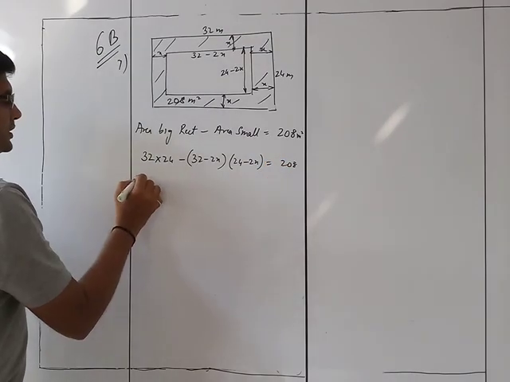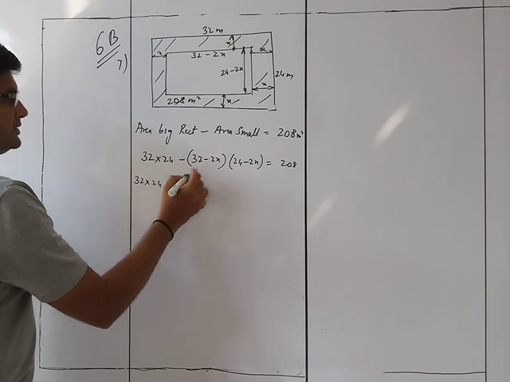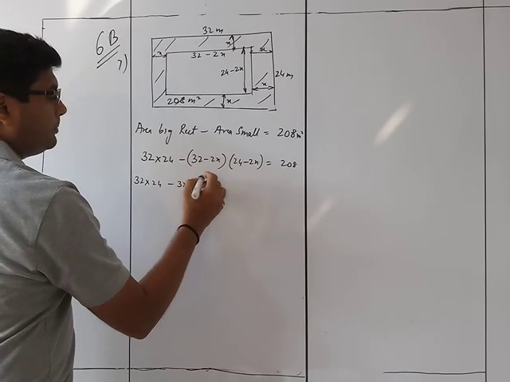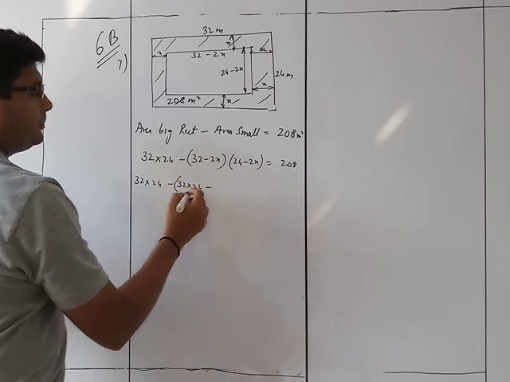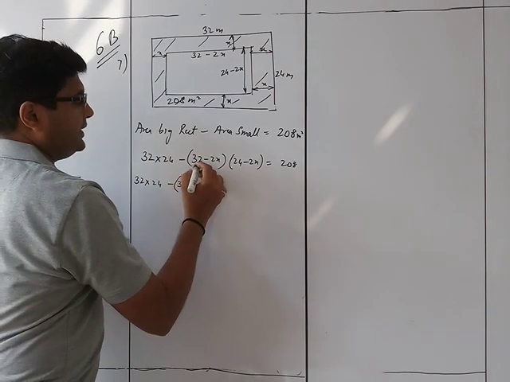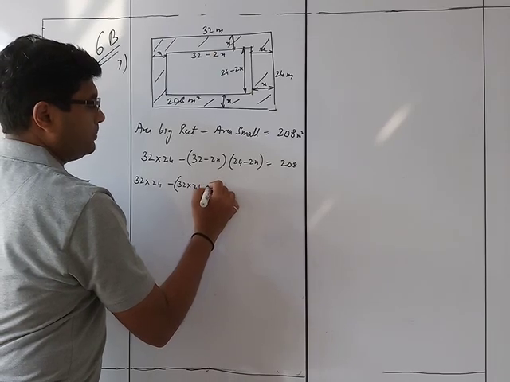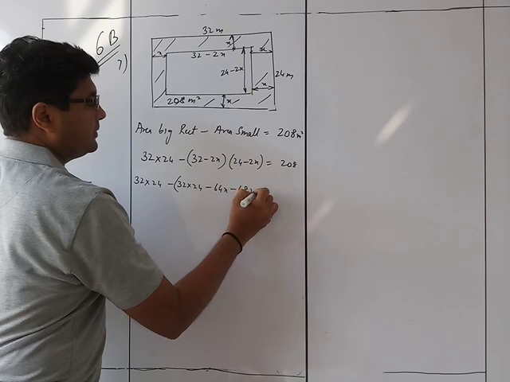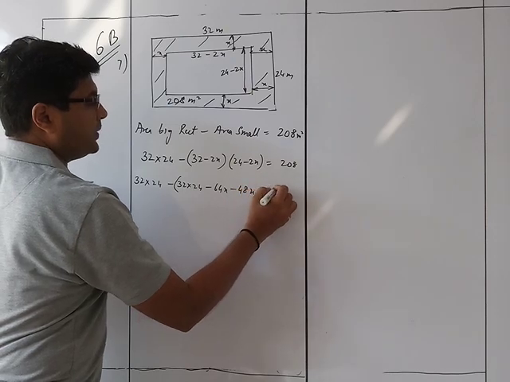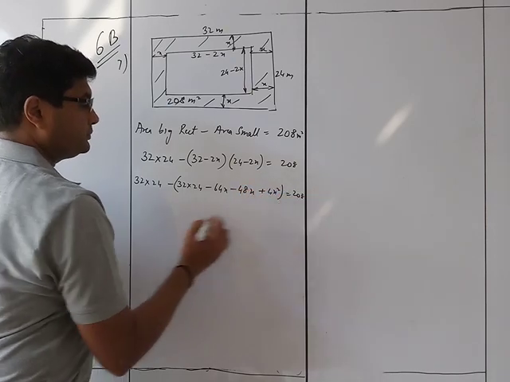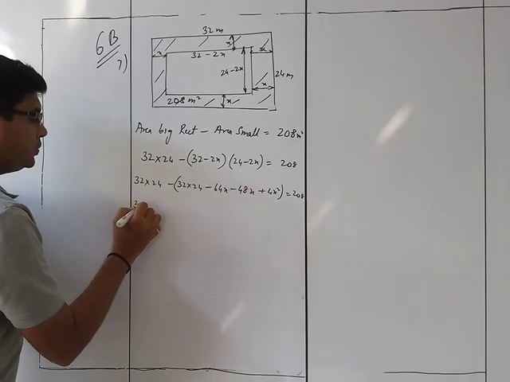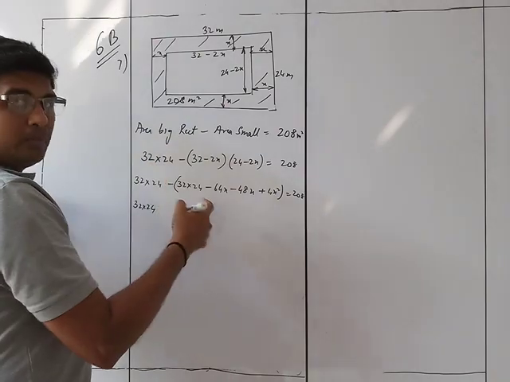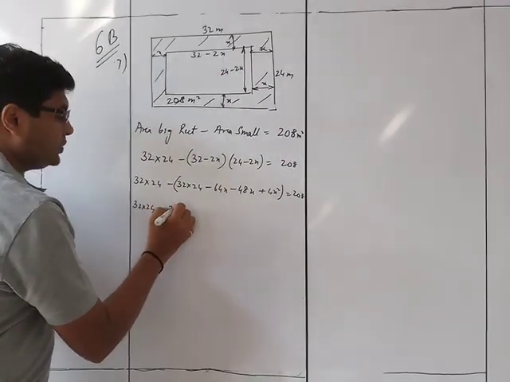So this gives me 32 into 24 minus, this will be again 32 into 24, then, okay, let's put it this way, 32 into 24, then it is 32 minus 2x, so minus 64x minus 48x plus 4x square is equals to 208. So that gives me 32 into 24. I am not multiplying because I know it is getting cancelled. That's why there is no point multiplying it. So minus 32 into 24